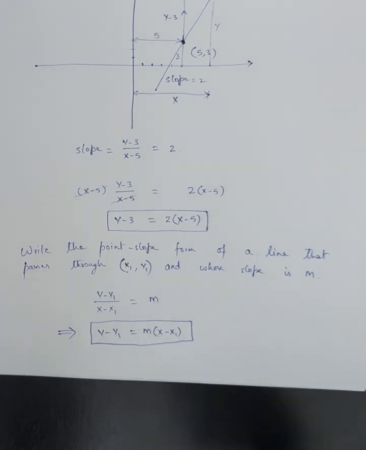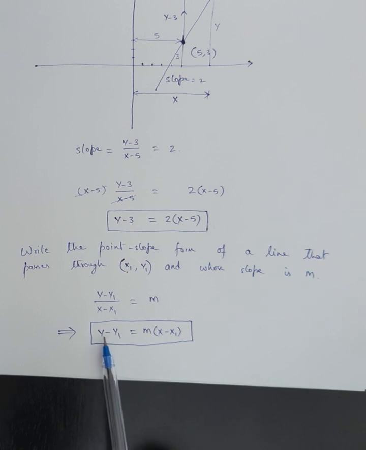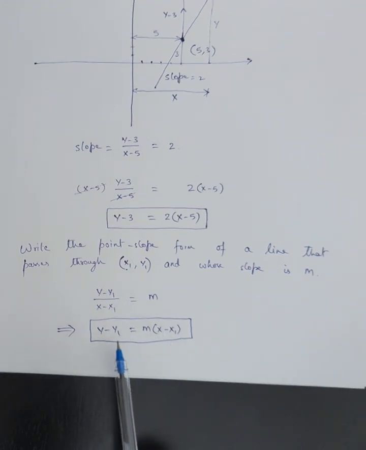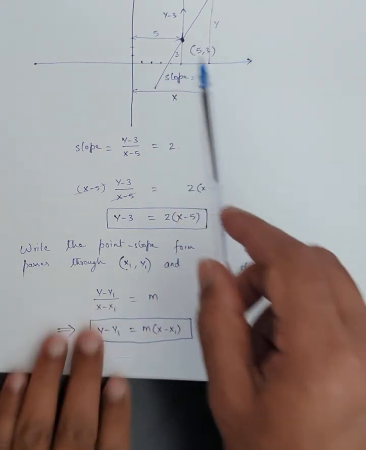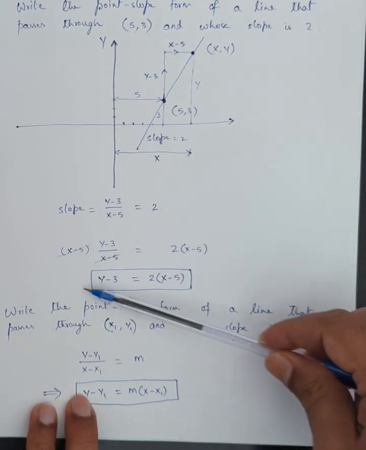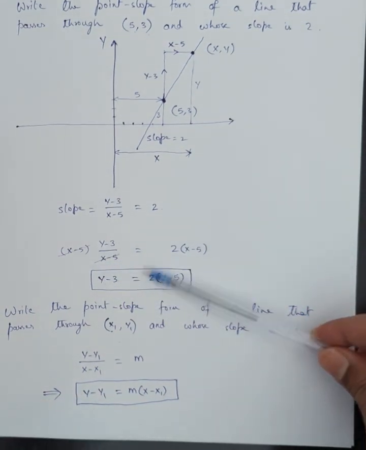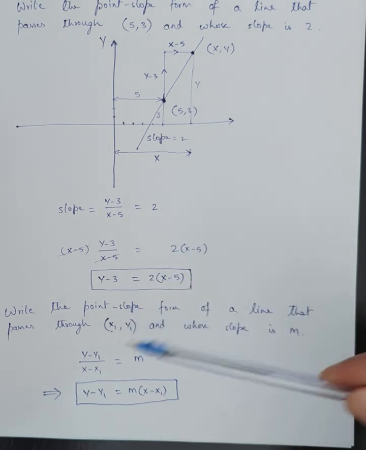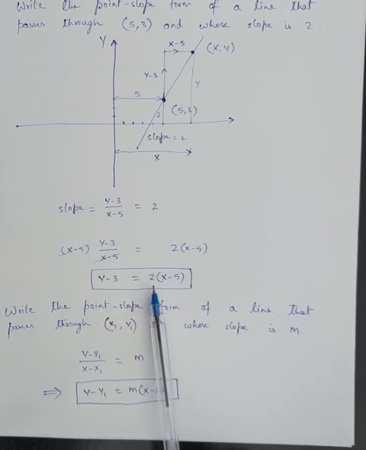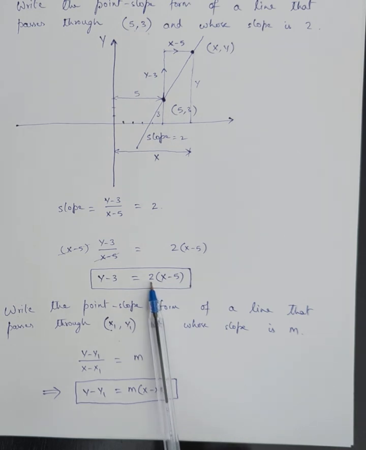Slope-intercept form was y equals mx plus b. So there, the left side had just y by itself, and the right side did not have any parentheses. A lot of times, you'll be given a point like 5, 3 and slope 2. So the first step, you could write the point slope form, but then you will be asked to convert it to slope intercept form, which means you just have to simplify to the point where it looks like y equals mx plus b. So if I were to write this, I would distribute the 2 and write this as 2x